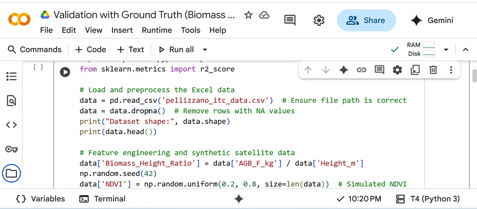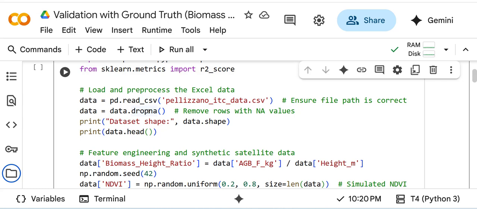Then feature engineering and synthetic satellite data. We will enhance our dataset with feature engineering. We create a biomass height ratio by dividing biomass by height, which can help the model learn relationships.